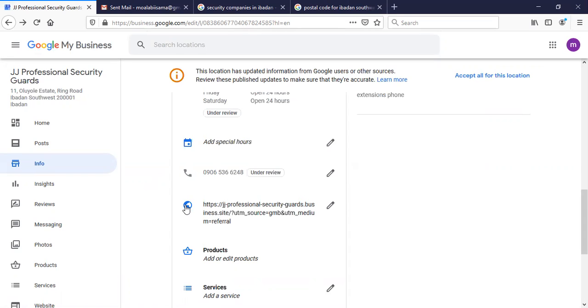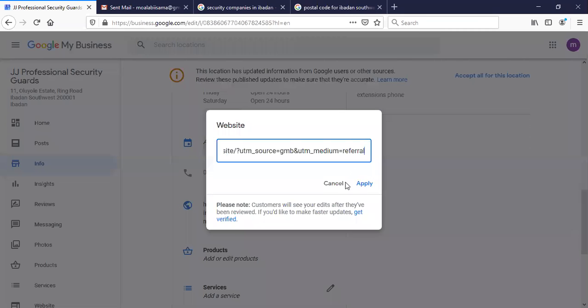You will see this, the sign of the internet. So you click on that. Okay, I just removed all those things in front of it.